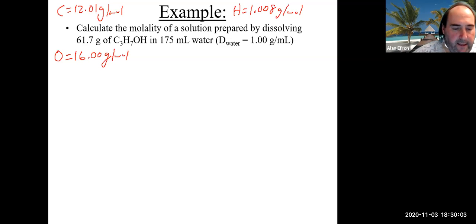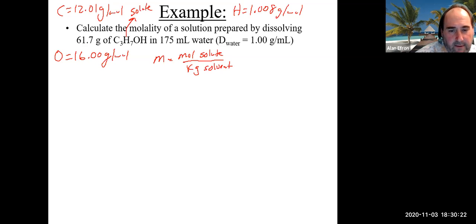Okay, so here we are looking for molality, which again is little m. And again, that is our moles of solute divided by kilograms of solvent. So when we're looking at this here, this is what we're dissolving, so that is going to be our solute. Water oftentimes is our solvent. So we do want to figure out the moles of our solute. So we need the molar mass there of our